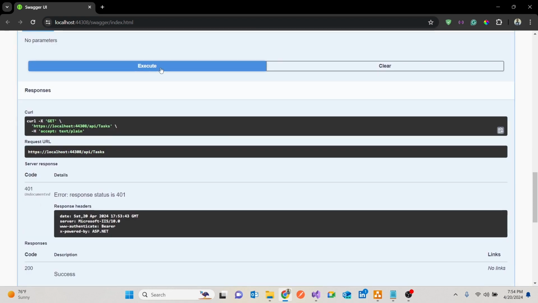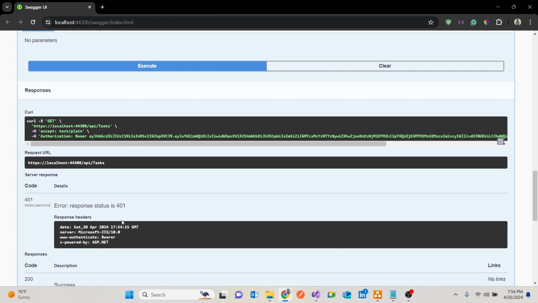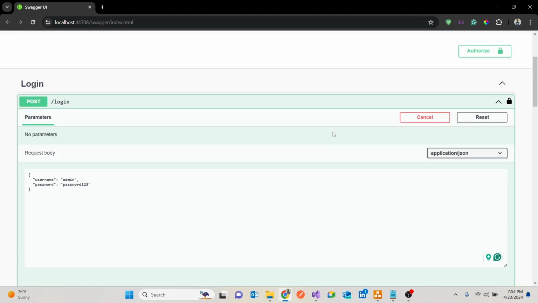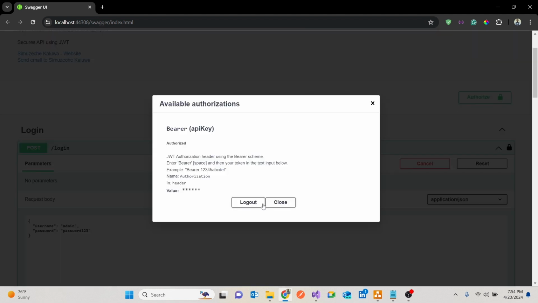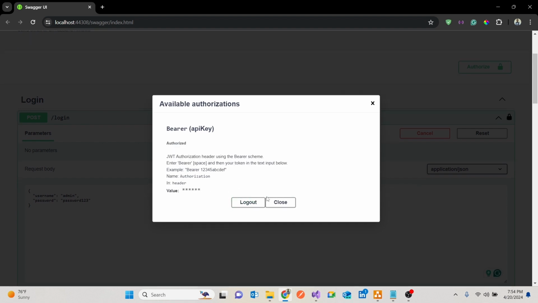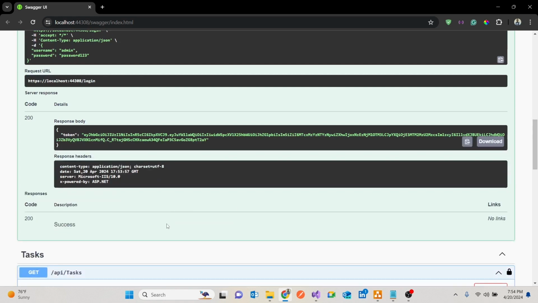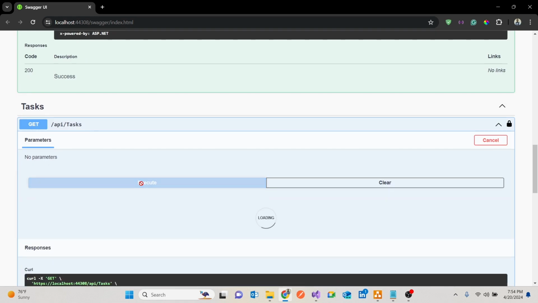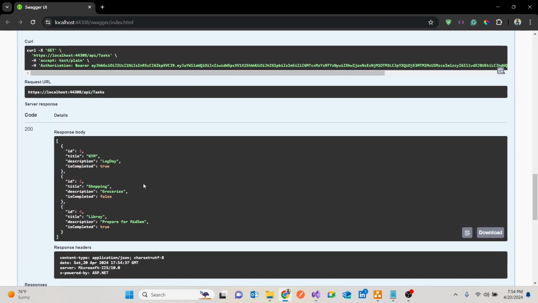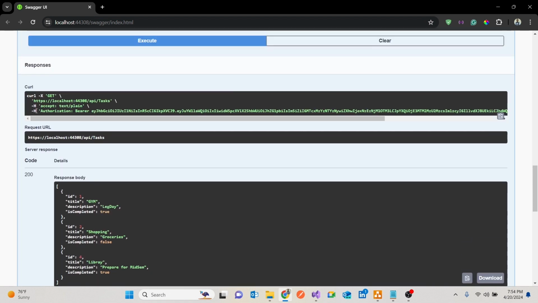Now if I do it one more time, then it should go. Now it's saying error authorization false. Let me try to copy it properly up to there. Then let's log this out. Then let's say bearer. Let's close, and let's run it one more time. Get execute. I think I had copied it wrongly. Then you see that you get that, and you see that in our request we have something called authorization bearer. So because of that, we were able to